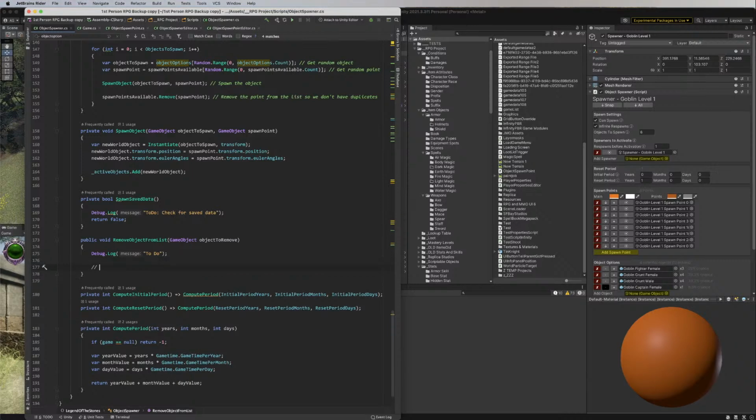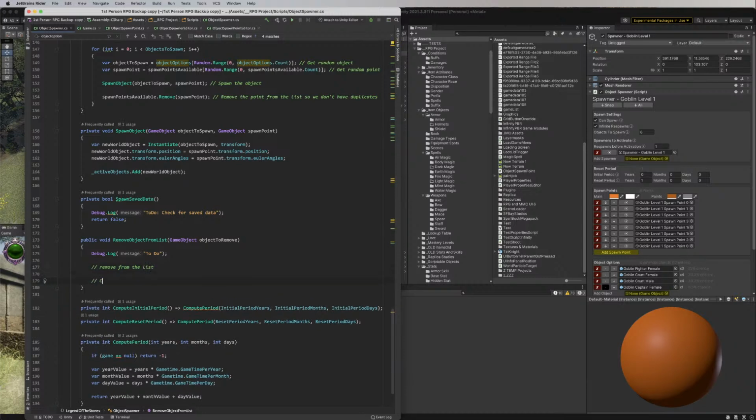We're going to remove from the list. That's easy enough. And then we're going to check if the list is empty. If so, set next respawn